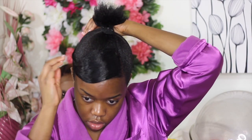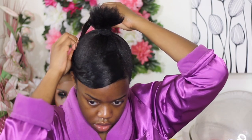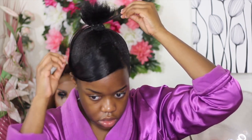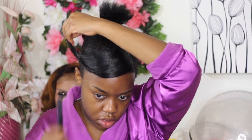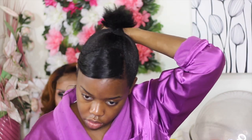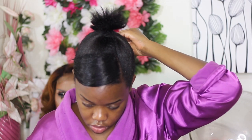It's kind of hard to explain and it was hard for me to do. So what I ended up doing was using a bobby pin and just pinning the back where my hand is right now. And then I removed the bobby pin later in the evening and then it just sat perfectly. So that's what I recommend doing. Even if you're using one of those silver clips, you clip it, let it sit, and then remove that when all the hair is dry. You'll get that nice droopy swoopy bang, which looks really pretty,